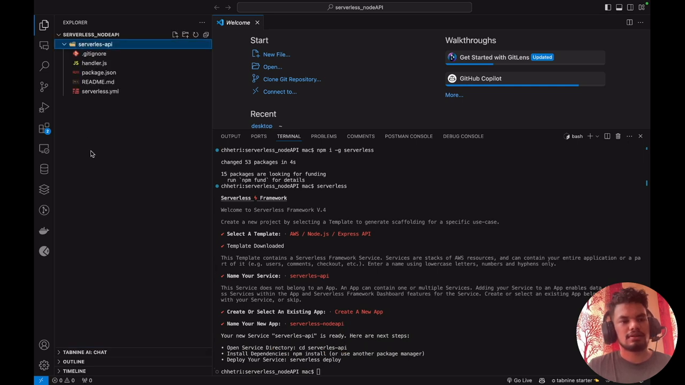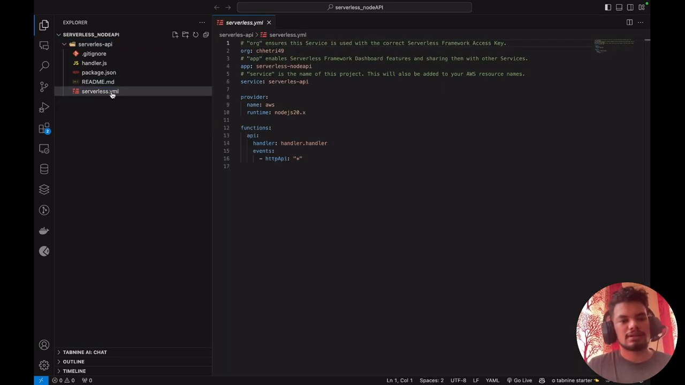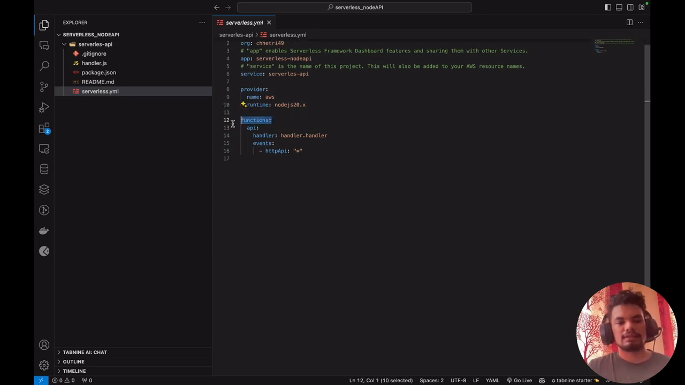Okay, this is our setup boilerplate for serverless Lambda. Inside the serverless YML file, which is the configuration file, we have to give the provider name, the service name, and the functions we are going to define in our application. After that, inside the functions, when we hit a request on our server,